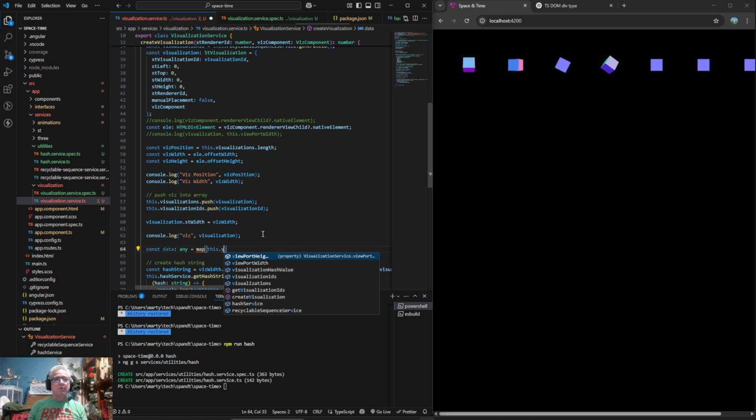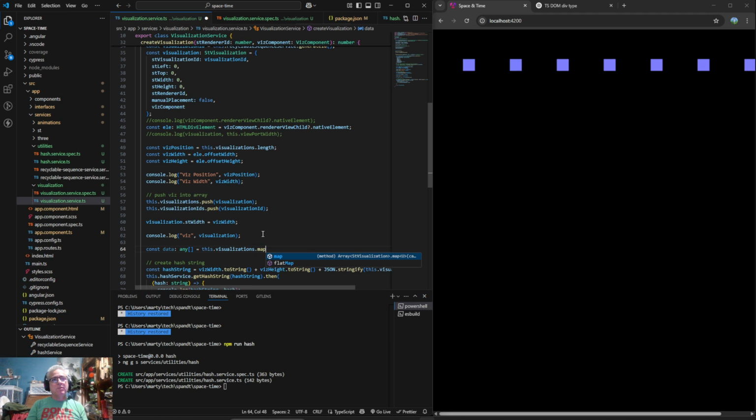I don't use this very often, so I'm actually pretty excited about that. So I guess it's probably this visualizations.map. That's how you do that. Yeah, that makes sense. And I believe what this will do is return an array of everything